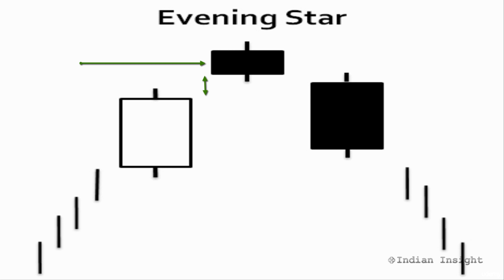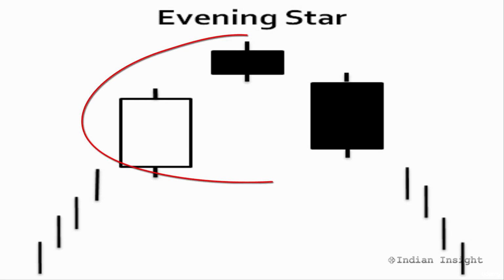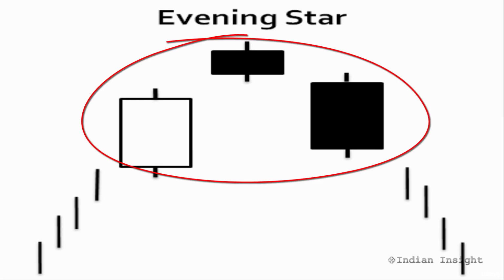On this day, the opening and closing prices are near to each other, but throughout the day, the prices continue to stay above the body of the previous day. On the third day, there is a change in trend and the prices open lower with a gap below the body of the second day, and further the prices close lower, going below the midpoint of the body of the first day. This essentially signals a reversal in the uptrend. Now you should wait for all three candlesticks to be completed before you initiate any action.